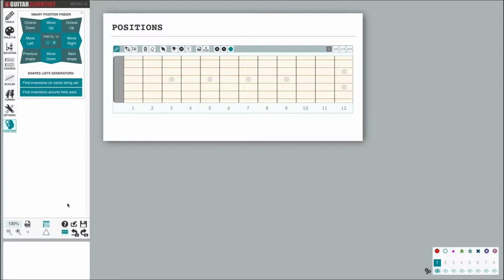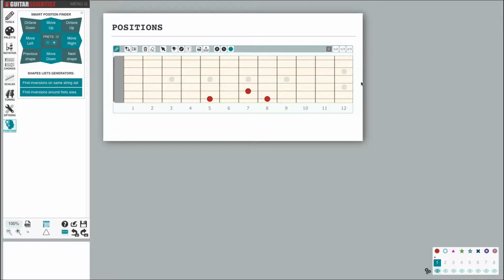This panel lets me modify the fingerings I wrote on a fretboard to find inversions, alternative fingerings or subsequent shapes. The panel contains several functions, laid out kinda like a compass, that lets me manipulate the content of the fretboard. Let's see it in action. Let's start with a simple A minor triad and test the various functions.